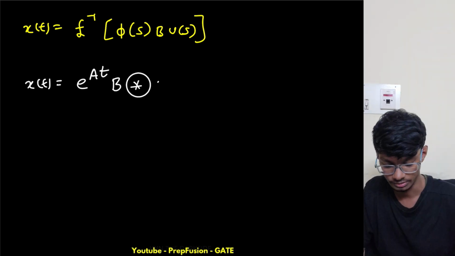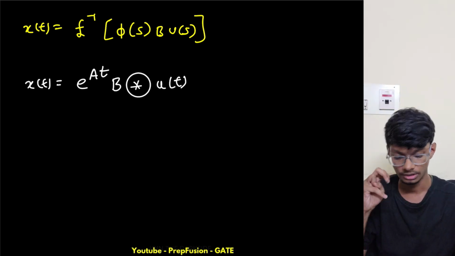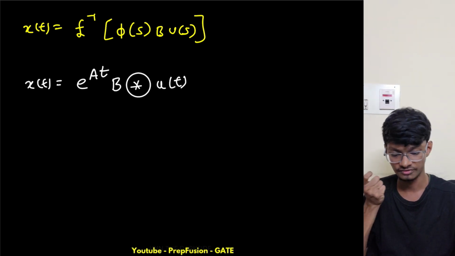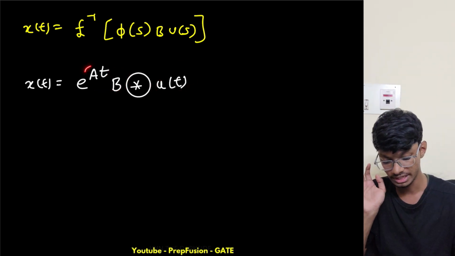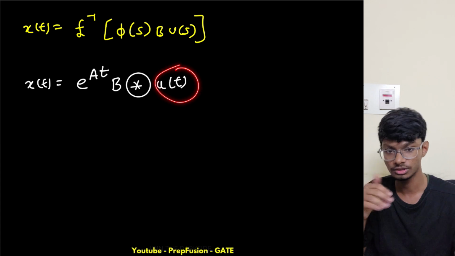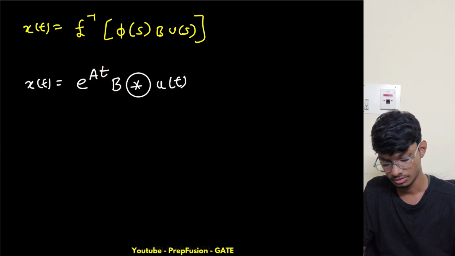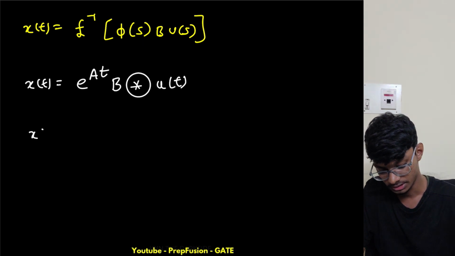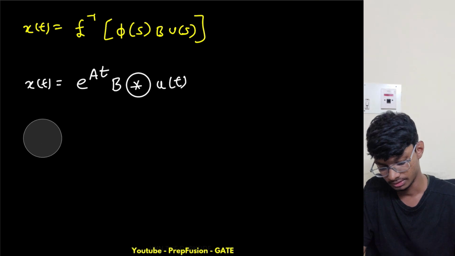Okay, convolution in the time domain, and I will convert this into u of t. This is the input, right? So I can see my x of t is a function of both the input and this B matrix, right? Also this A matrix. The main thing is that it is a function of both A and B. So my x of t, basically my state variable,